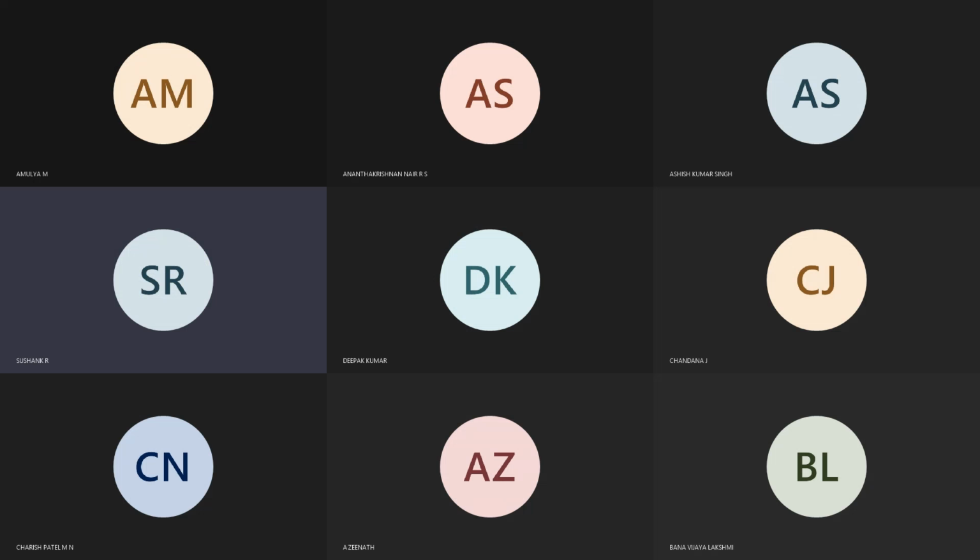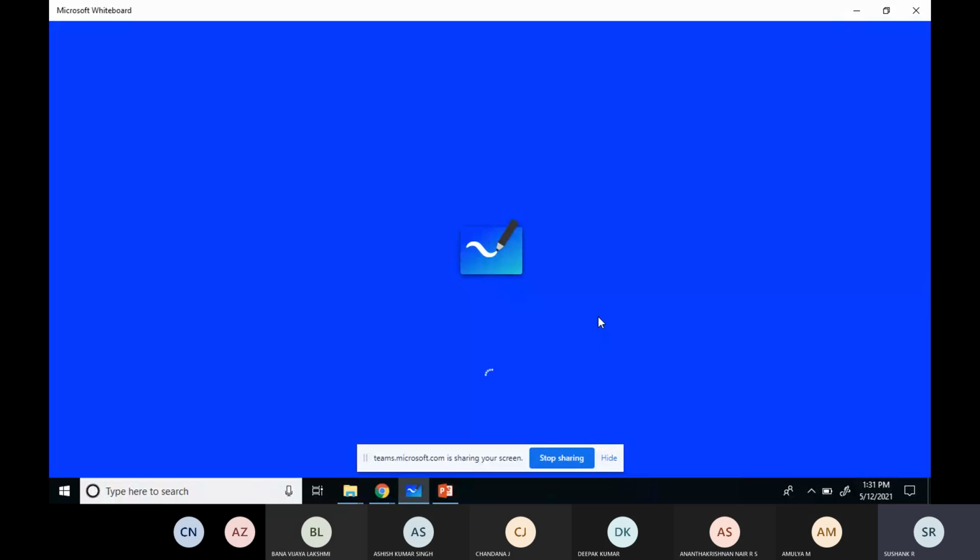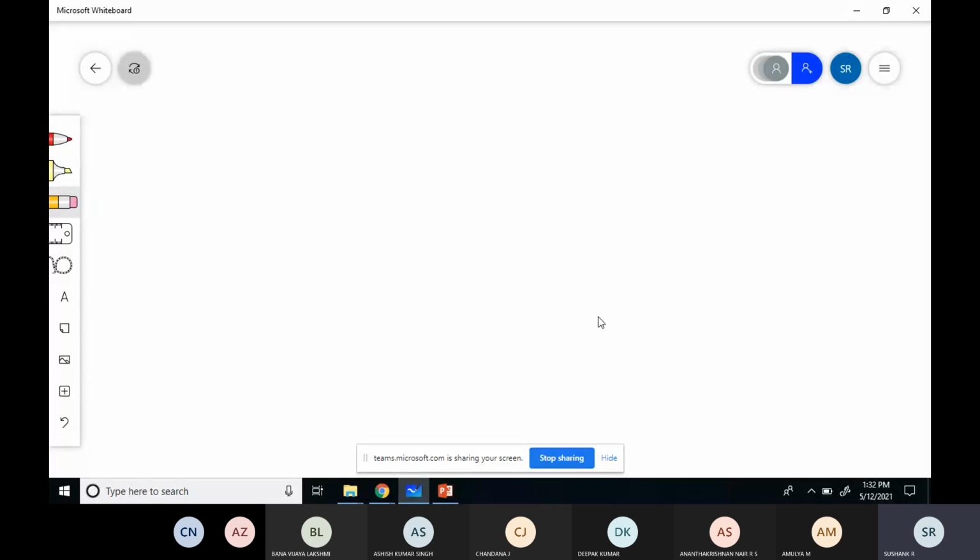So meanwhile I'll just make some correction. It's taking some time. Meanwhile, I'll just load a few things. For example, what do we have to calculate? We have to calculate delta x, delta y, then 2 times delta y, 2 times delta x, and all. So these points we need to calculate.